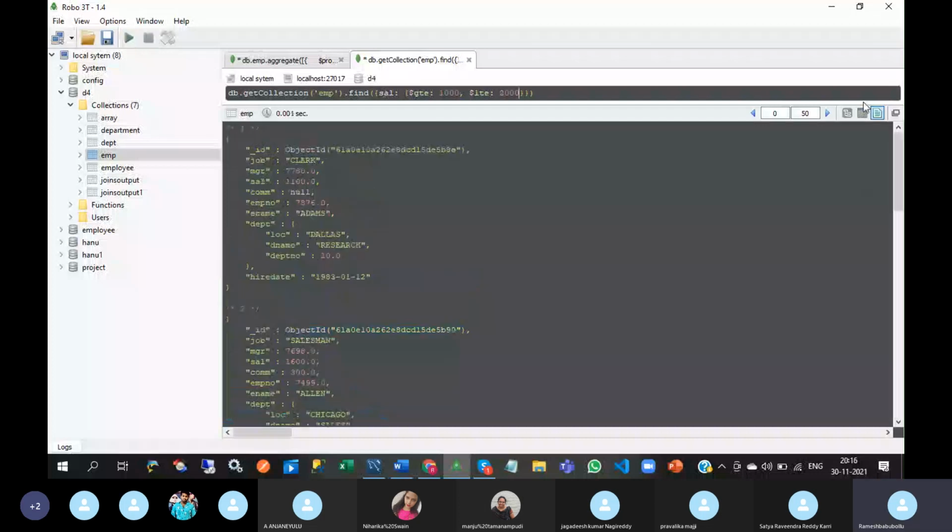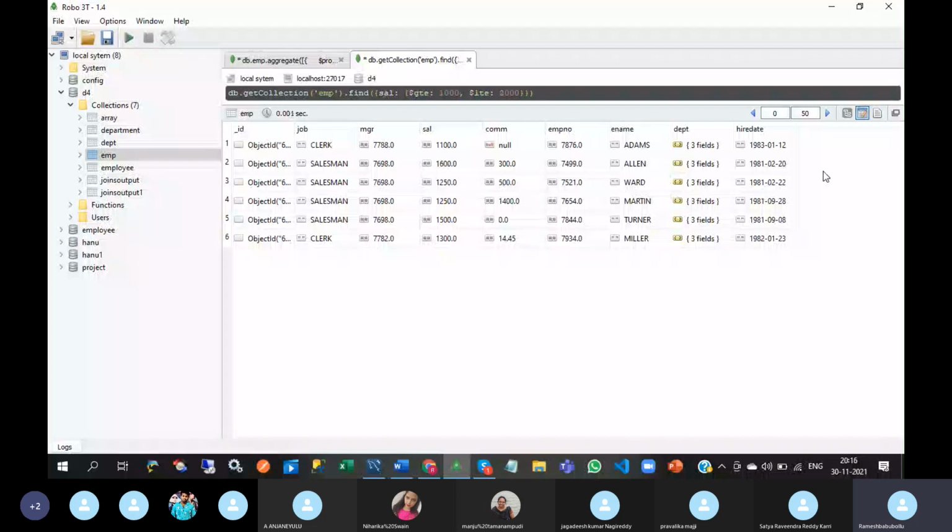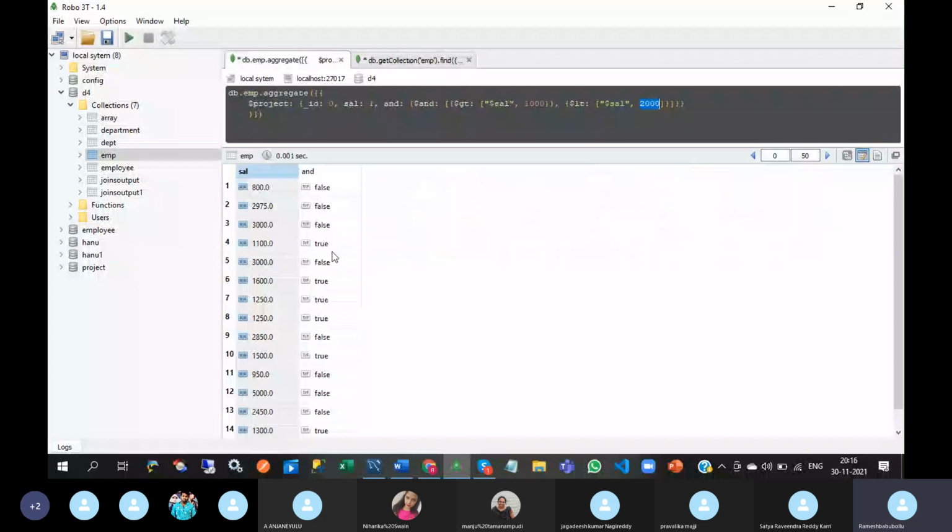You will get the list of documents. You will not get true, false conditions. That is the difference between normal AND and aggregation pipeline operators and operations.